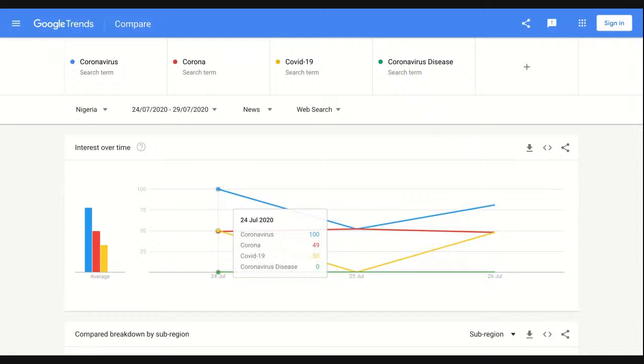And because here we're comparing 4 different search terms, this is what search interest looked like on the 24th of July for the 4 terms that we're looking at. That is not to say that 100% of all searches went to coronavirus. What it just means is that in comparison to all the terms, coronavirus had the highest interest in people searching for information about it. So if we were to include a different term,